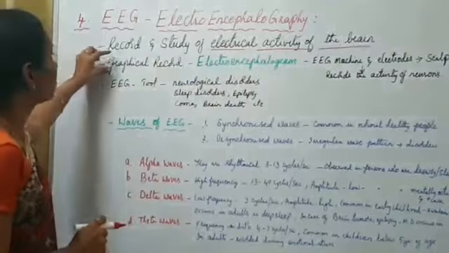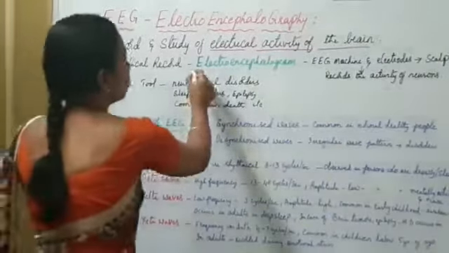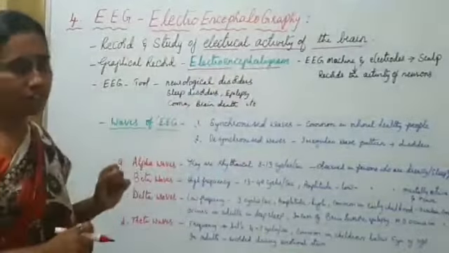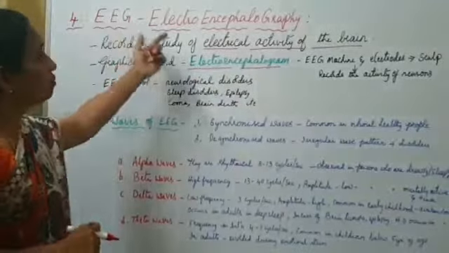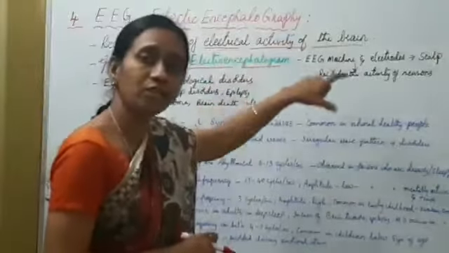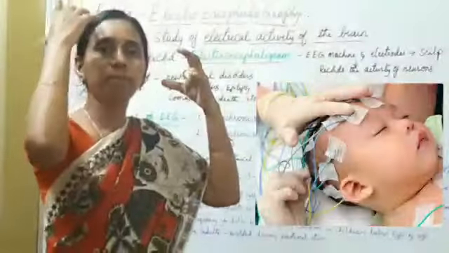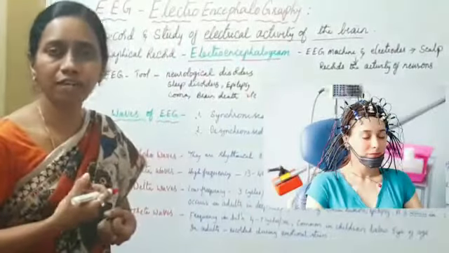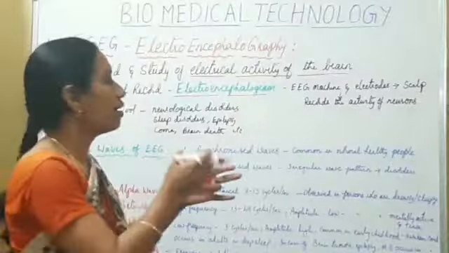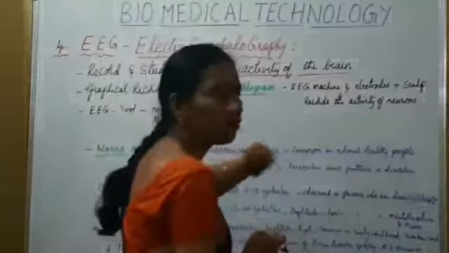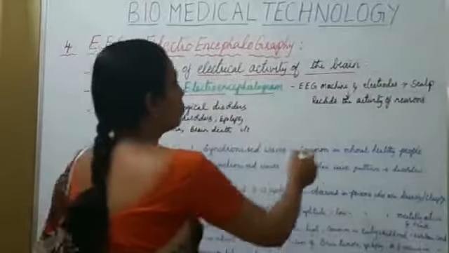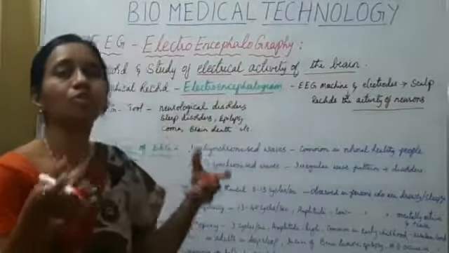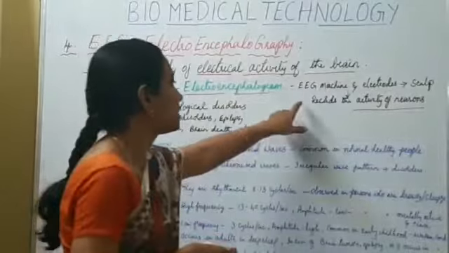Okay, this graphical record is called electroencephalogram. This possesses a graphical representation. EEG possesses a machine and electrodes. These electrodes are placed on different areas of the scalp and pick up the information. The information is recorded as the activity of neurons. That is, an innumerable number of neurons are present in the brain. Those activities are recorded as the